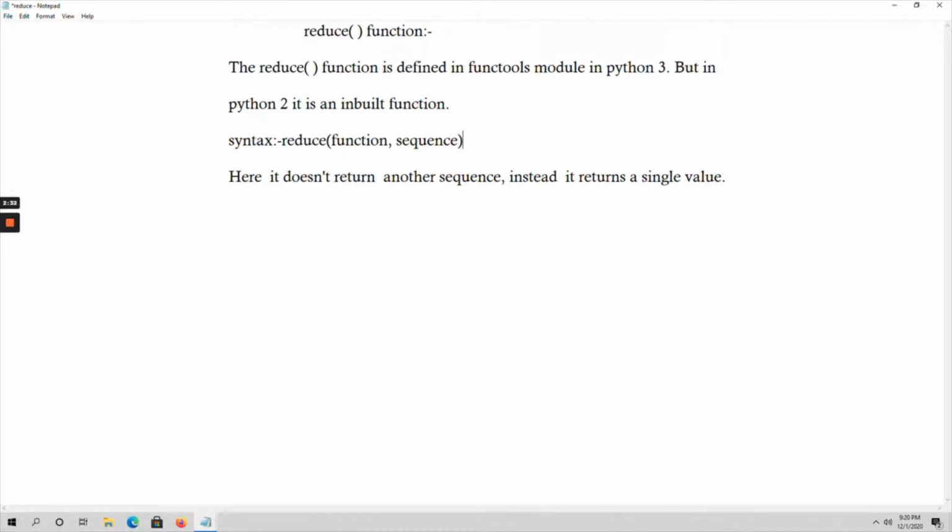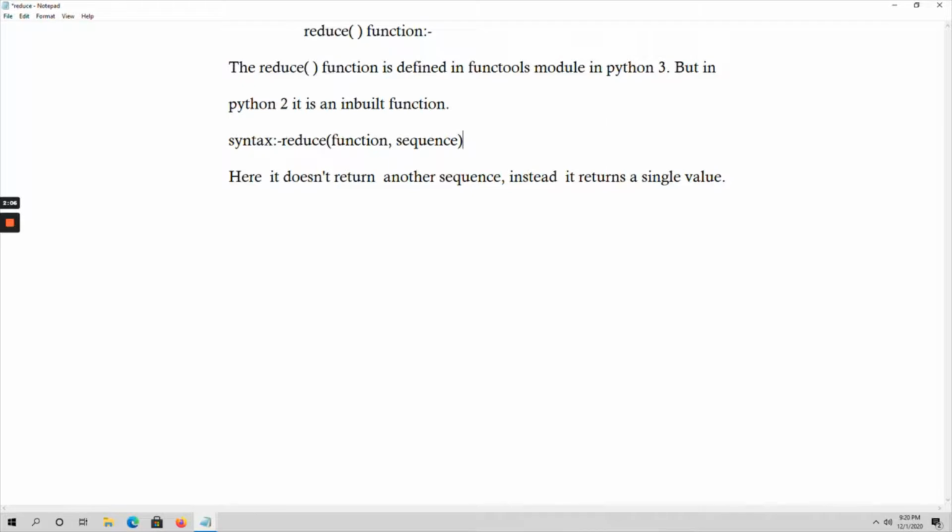It always returns a single output value, right? Similarly, if I want to multiply all the elements of the list, the output will always be a single value. In such cases only you have to go for this reduce function. The output should be only a single value, it should not be any sequence of values. Then only you have to go with this reduce function.